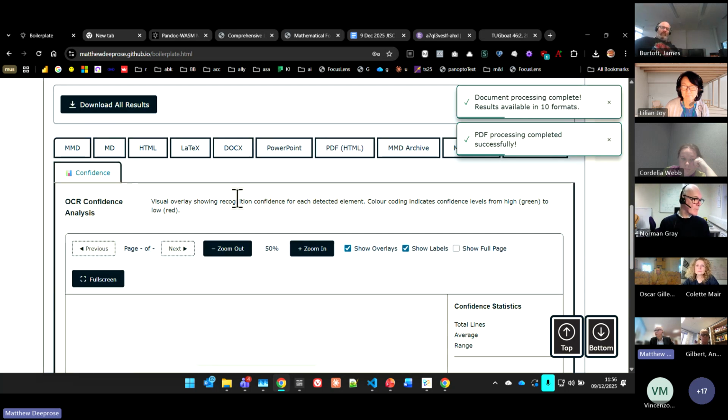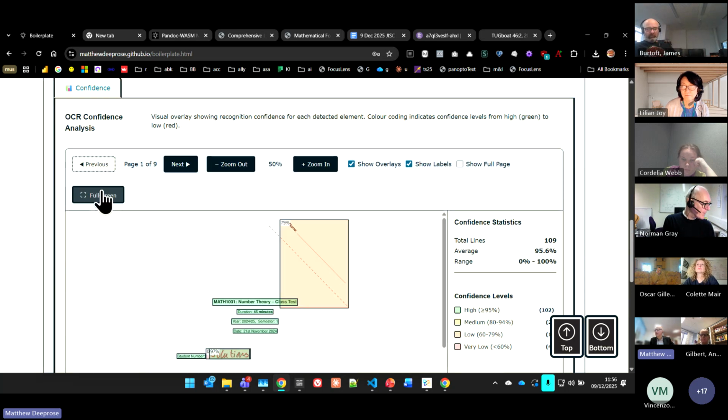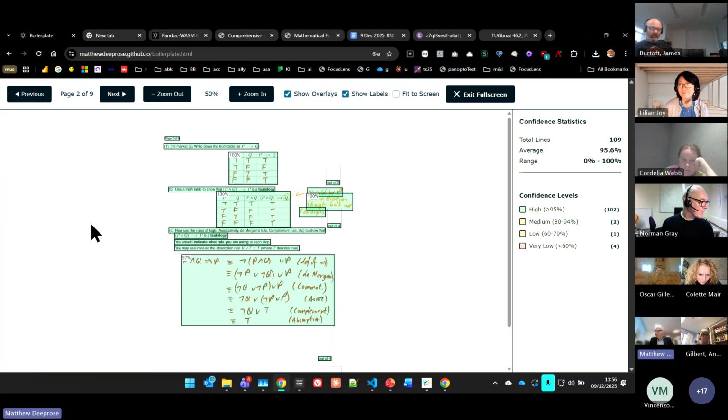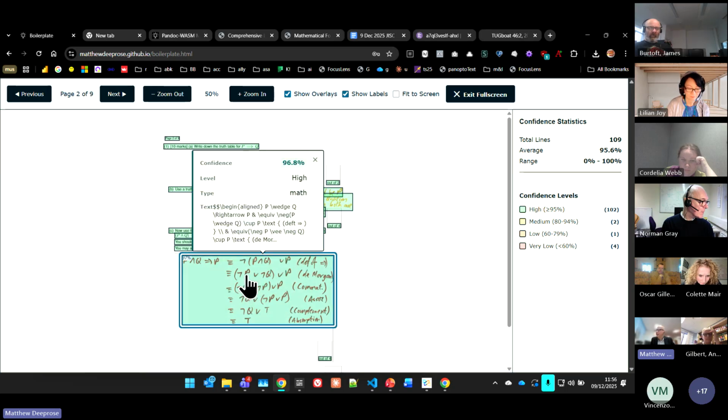So if I go to the confidence tab here, let's just make this full screen, go to the next page. There's lots of truth tables in here. If I select one of these, it will give me confidence ratings and gives me a sample for LaTeX. And because I want this to be very